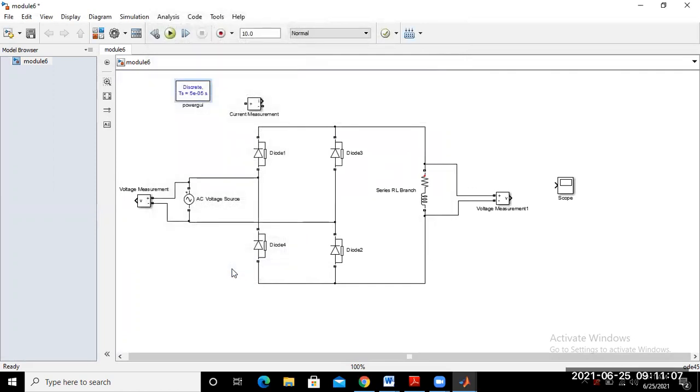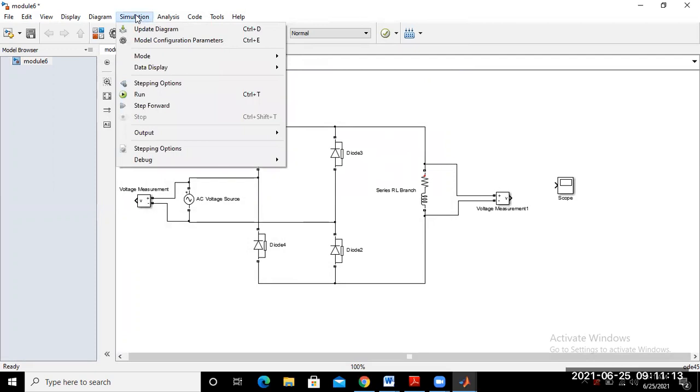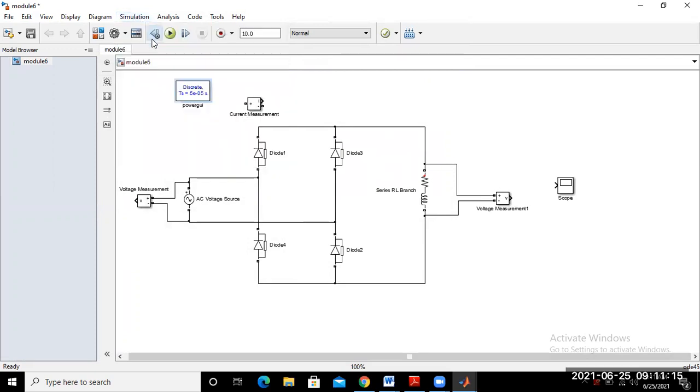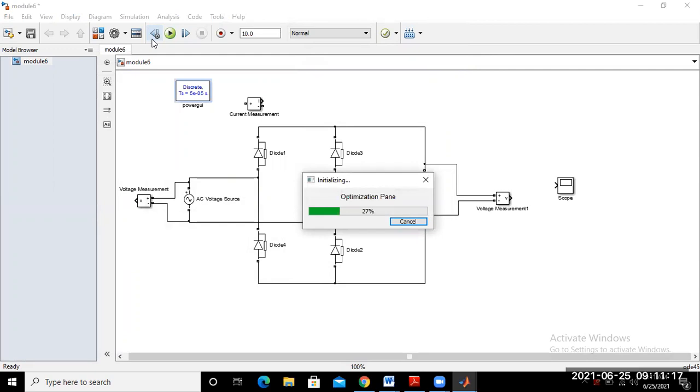Next, go to the simulation model configuration parameters. You check here whether it is right or not.